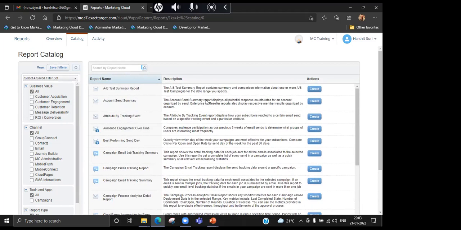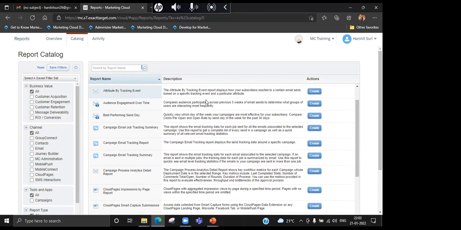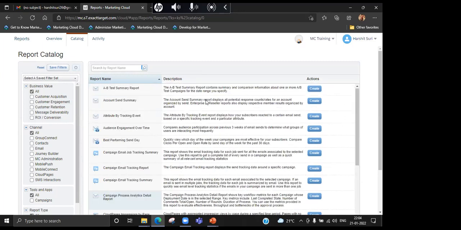If you are a developer or digital marketer and you have 10 years of experience, I will ask you to go with the Marketing Cloud email specialist and consultant examination. Why? Because you already know what digital marketing is. You must be doing some SEO on websites, not the marketing automation approach. But Marketing Cloud is not simply for digital marketing.